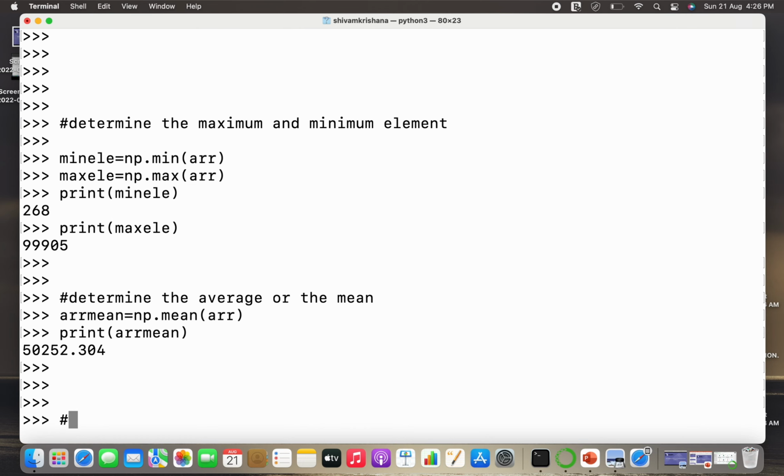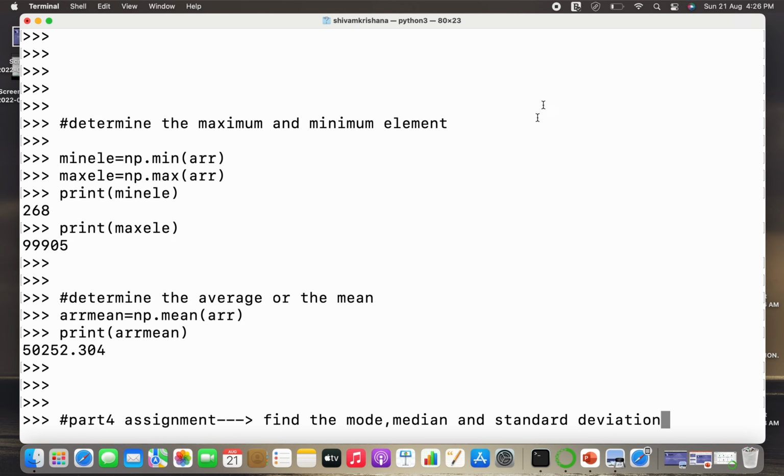So the mean of all the values is around 50,252.304. And now the fourth part of the question is an assignment for you. That is, find the mode, the median, and standard deviation for this data